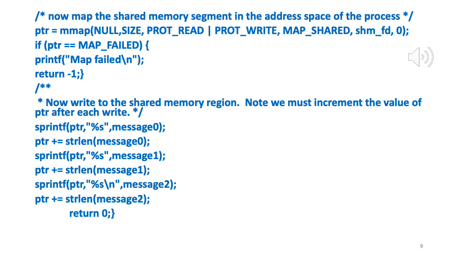Okay, now I am on slide 9. So now we discuss the second part of this producer process. Up till now what we have done is we have created the shared memory object and we have set its size as 4K, and we also have pointers pointing to our message. So different pointers pointing to different chunks of our message. Okay, so we'll write one at a time. So now that we have created the shared memory object and set its size, what is the next step?